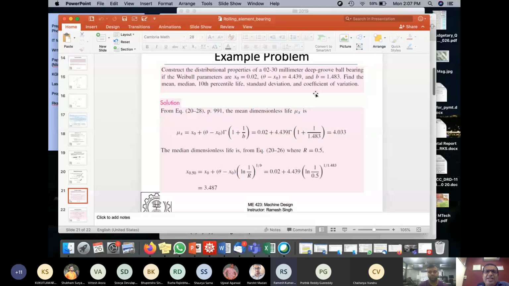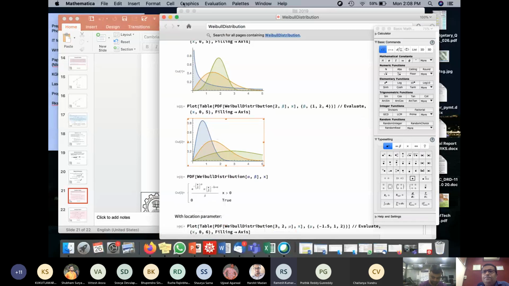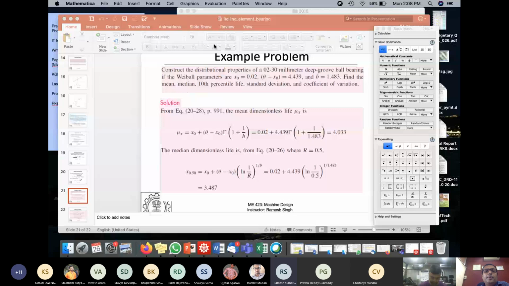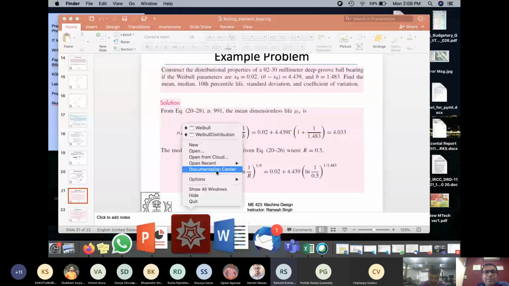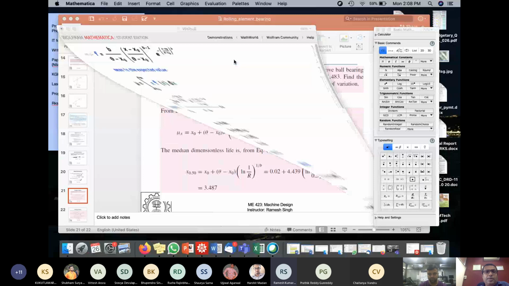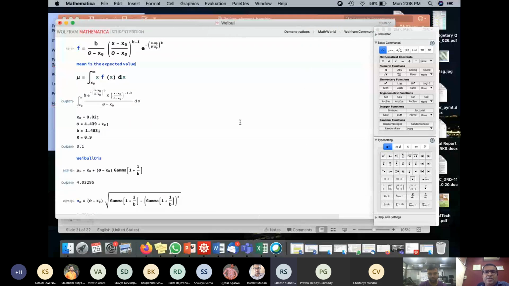So first thing is, how do we find the mean, right? The equation for the mean is mu x equals x naught plus (theta minus x naught) times gamma of (1 plus 1 over b). So we'll just go ahead and use Mathematica. So these are the values. I have been told that my x naught,